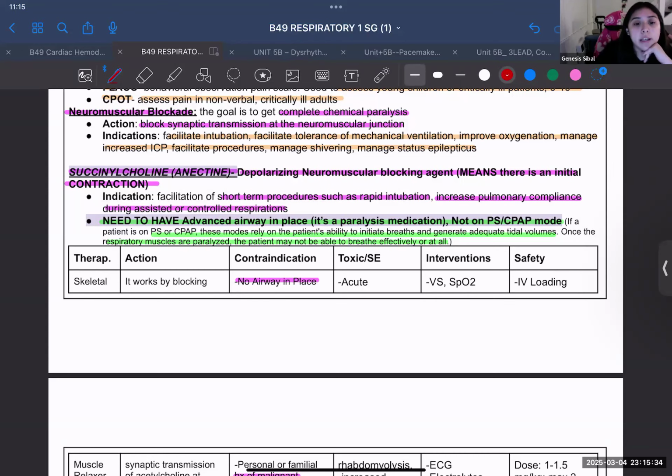But basically, that's what's going on, but we're blocking acetylcholine from being able to go onto the receptor at the neuromuscular junction. So yes, you're creating paralysis because the muscle is not able to contract, because the acetylcholine is not going onto that receptor site. Again, you don't really need to remember that. All you have to know is neuromuscular blockade means it's creating paralysis, right? So what do we indicate this for, or who do we do this for?